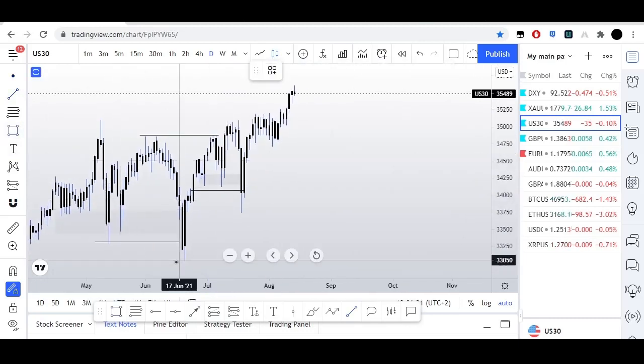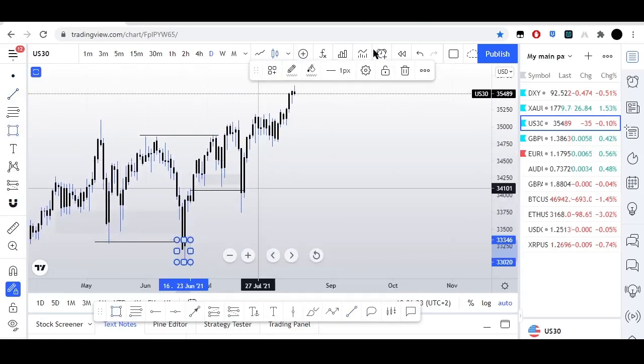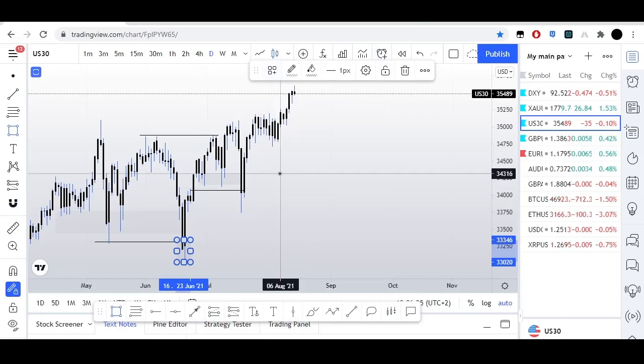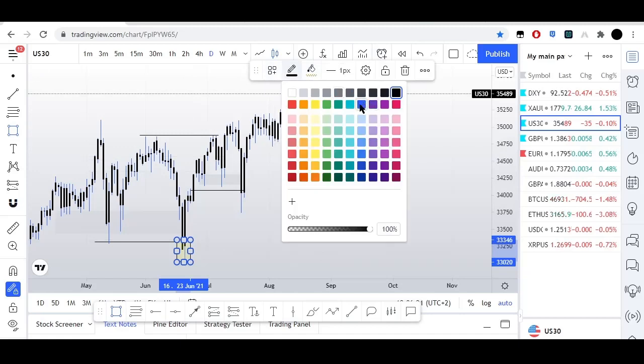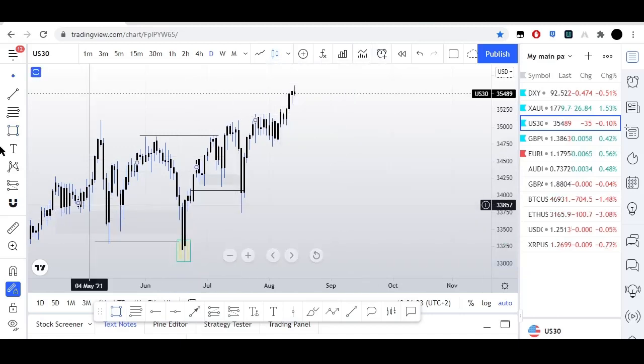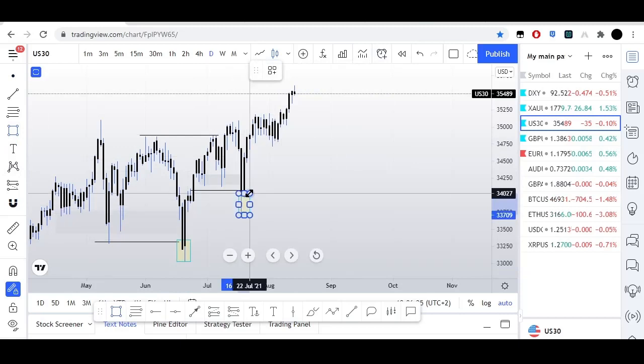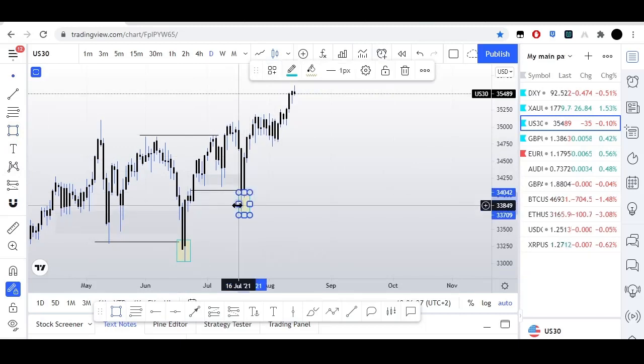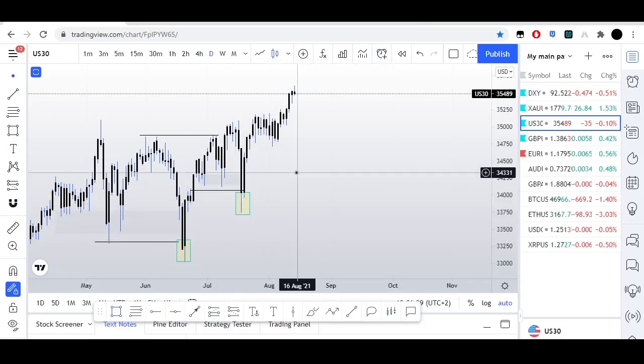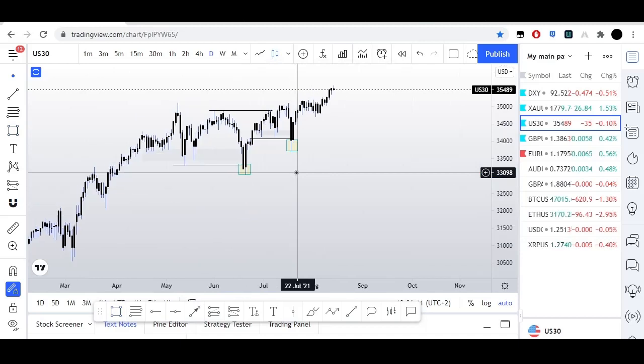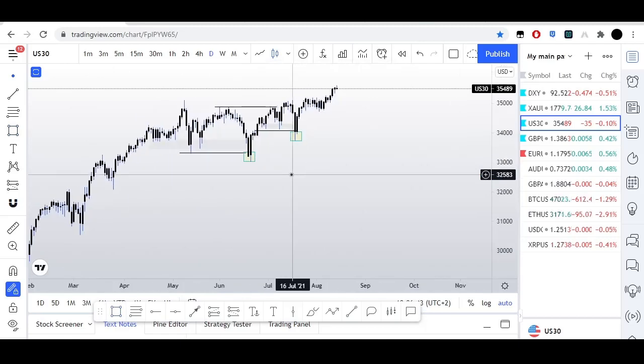So these are my manipulation candles right here. All right, these are my manipulation candles. Let me do this color real quick. Okay, so light, since this is a daily, right? This is my manipulation candles. So whenever I see these, they give me an outlook of where I think price could go to after